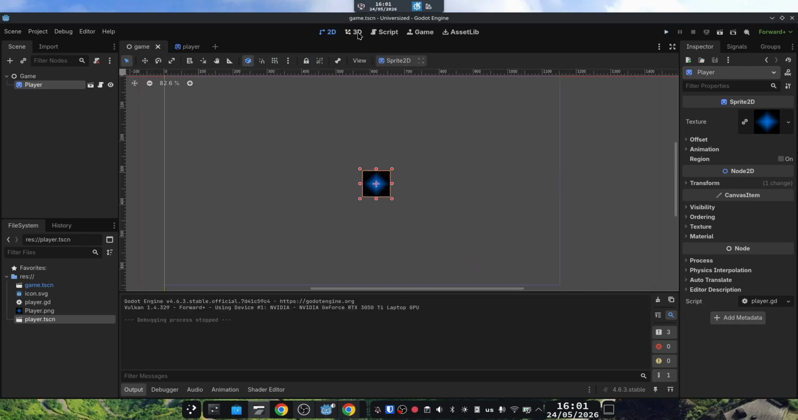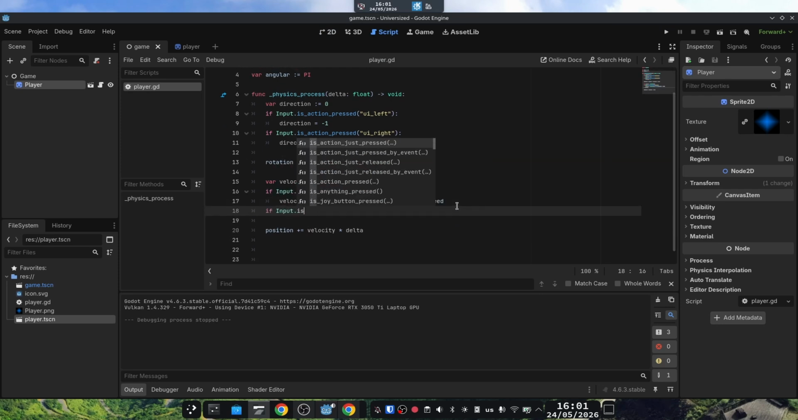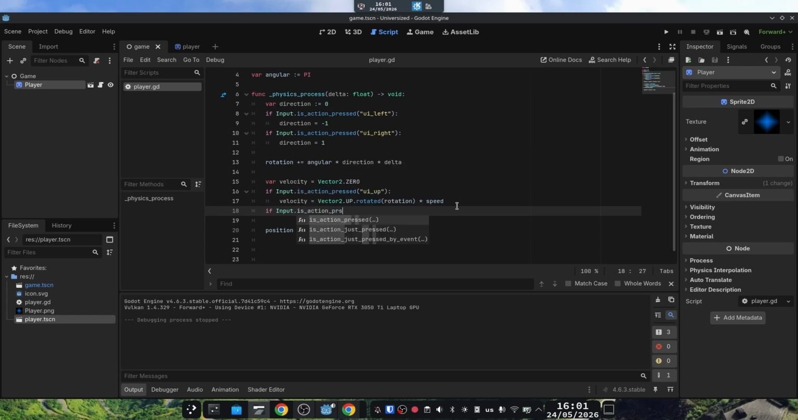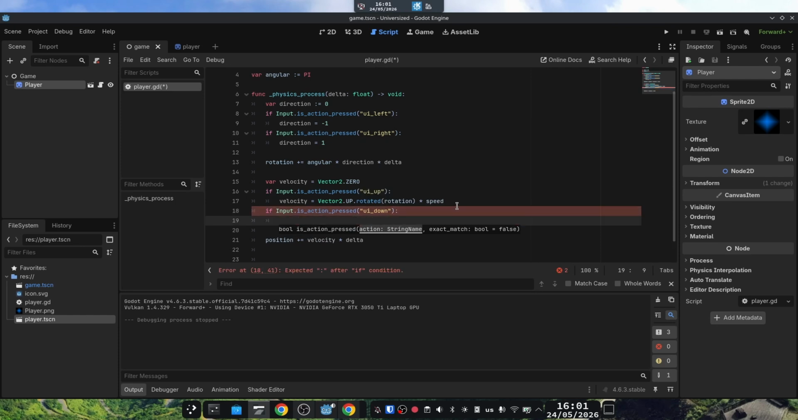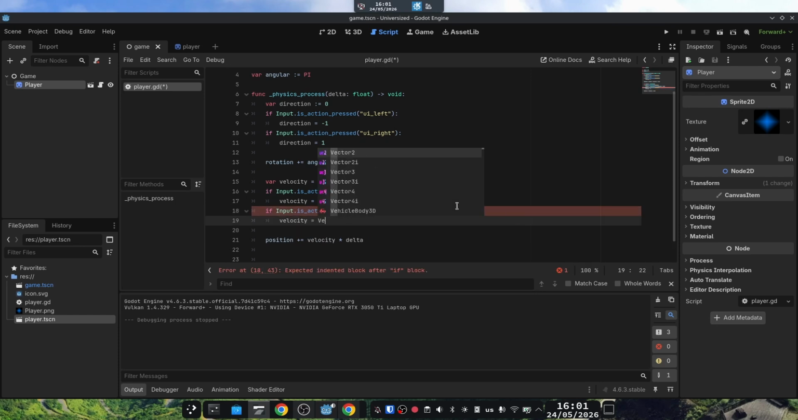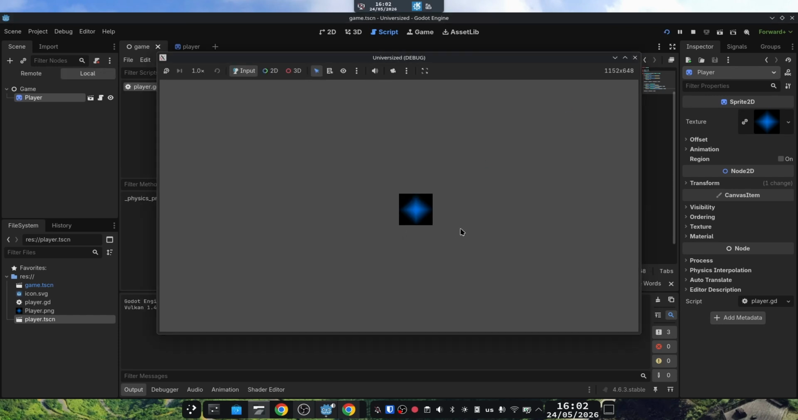Hold on. I'm going to script here something. If Input.is_action_pressed UI down, please work. velocity equals Vector2.DOWN.rotated rotation multiplied by speed. So use the semicolons. Oh yeah,